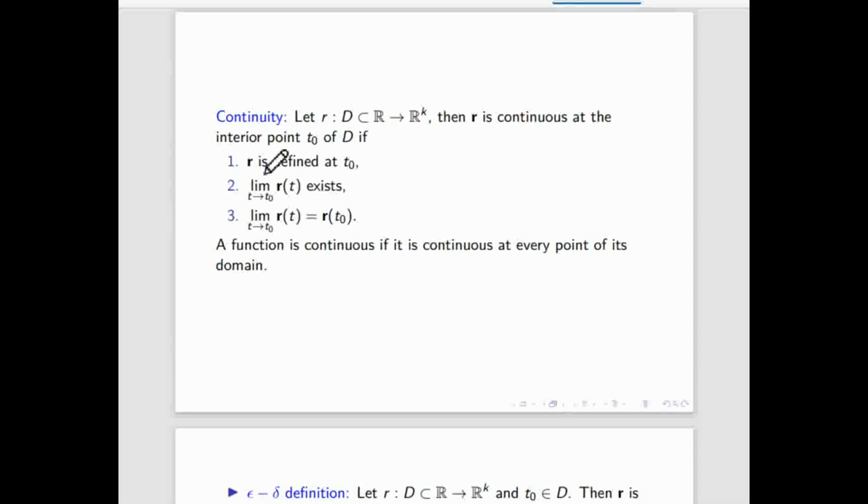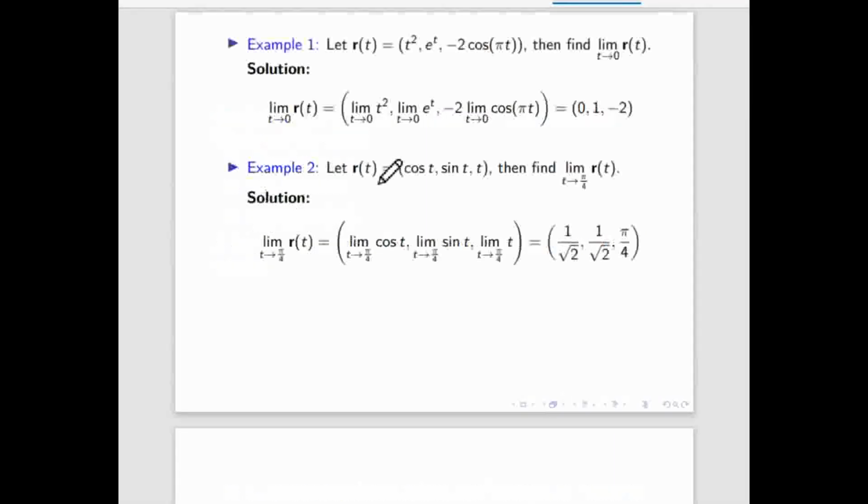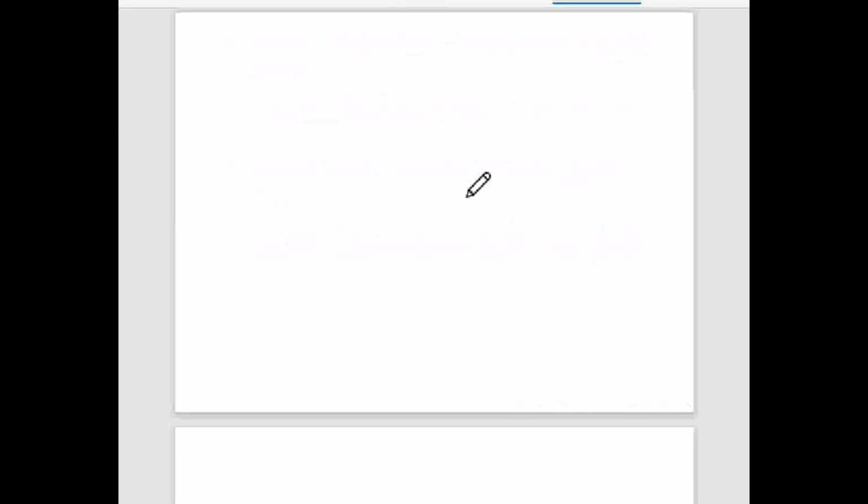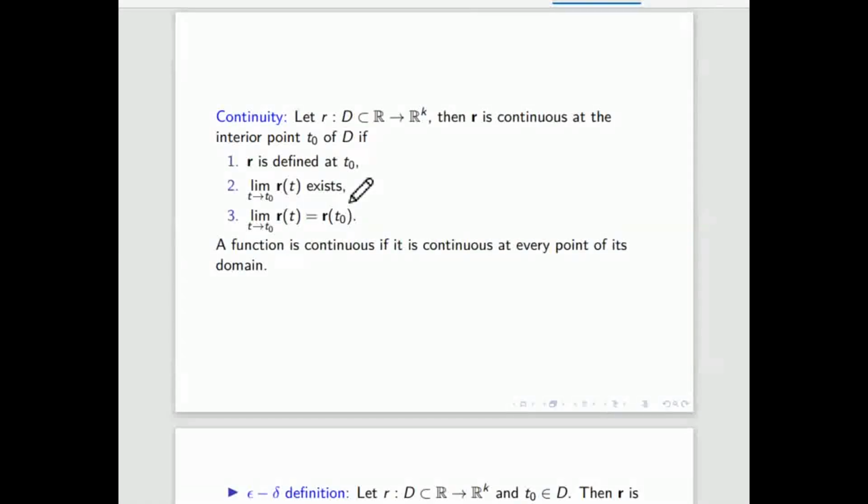So next, the continuity definition, that vector R should be defined at point t naught. Suppose this function is defined for all t actually. The domain is the real numbers here, and the codomain, that image, is a subset of R3. It is a 3-dimensional vector, and the limit must exist. You know how to find the limit component wise, and if it is equal to R, the functional value at t naught, then we will say that the function is continuous.